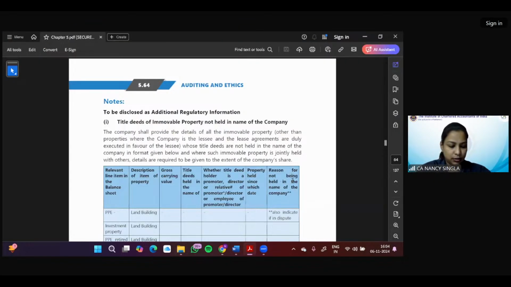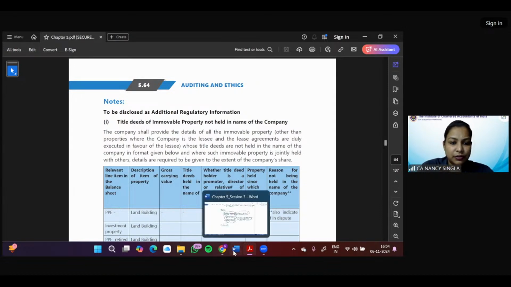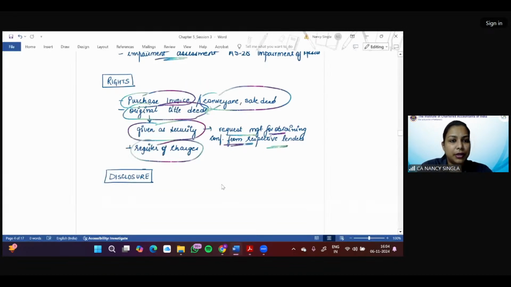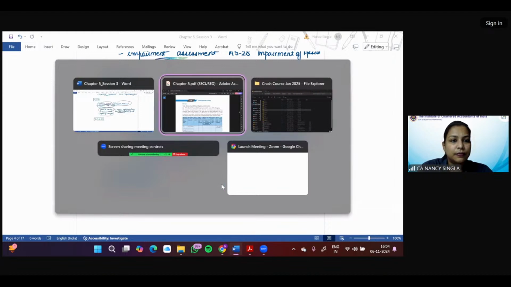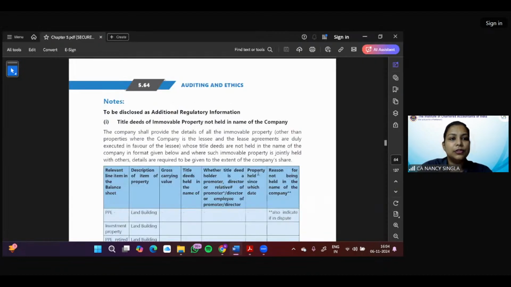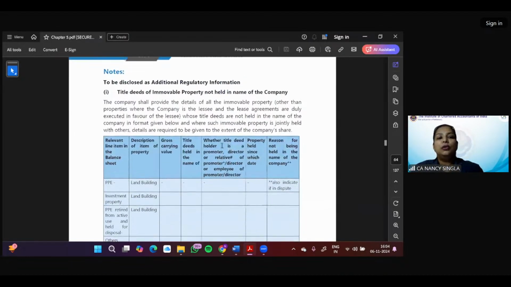So I'll discuss the questions later on. So let us do the first point relating to additional regulatory information. I'm not able to find the Word file with respect to the questions that I have prepared. So now